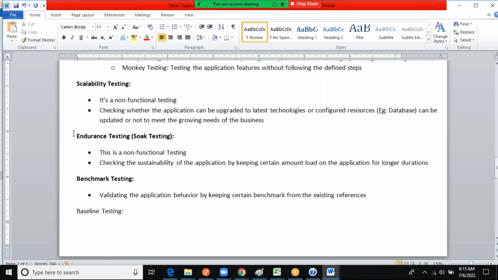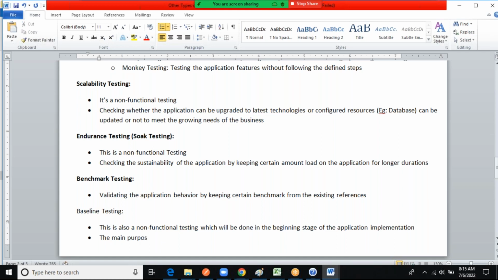This is a non-functional testing which will be done in the very beginning stage of the application development, application implementation. The main purpose of this testing